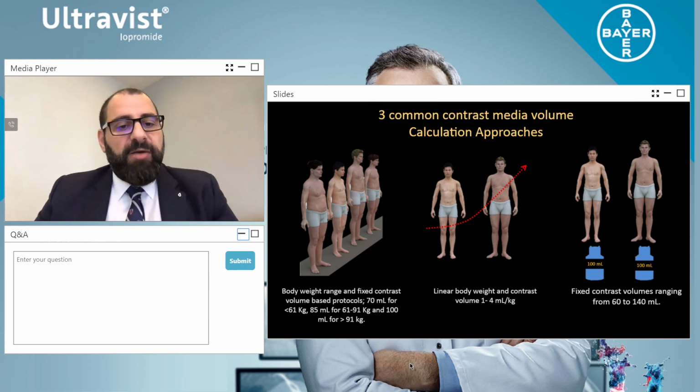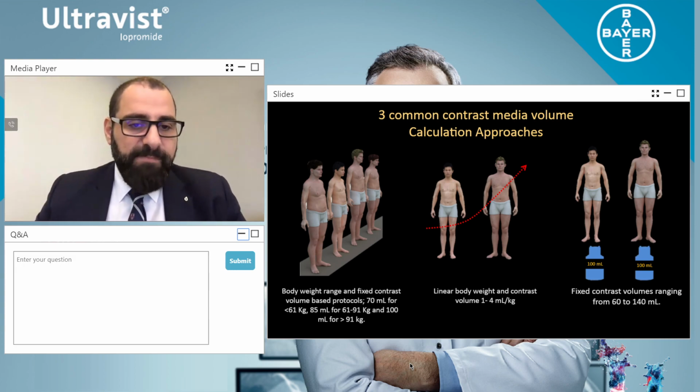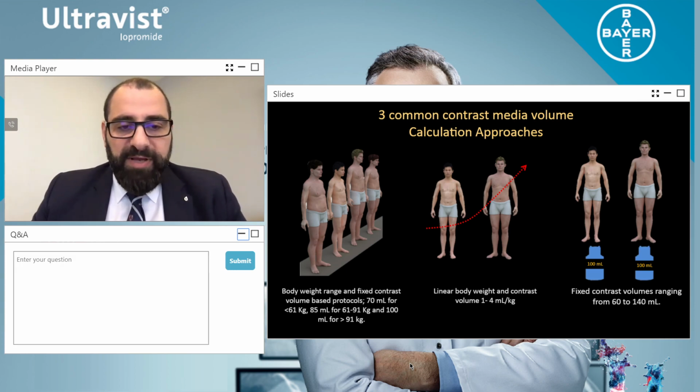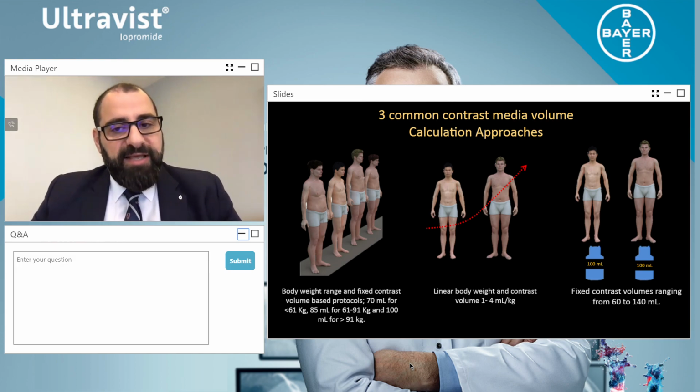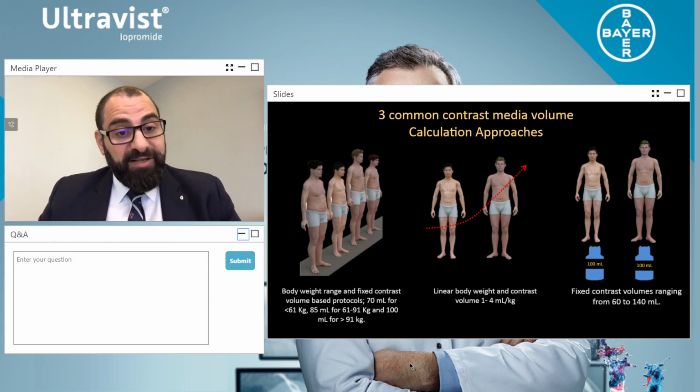So with these three common contrast media applications, people are using weight-based protocols. Look, it's really up to you what you do in your institution. But what I really like to say here is that it's not just about the contrast volume that people should worry about, because if you look at renal safety, there is no evidence, according to the American College of Radiology and the European Society of Urogenital Radiology, that contrast media actually causes contrast-induced nephrotoxicity. It's a risk factor, definitely.